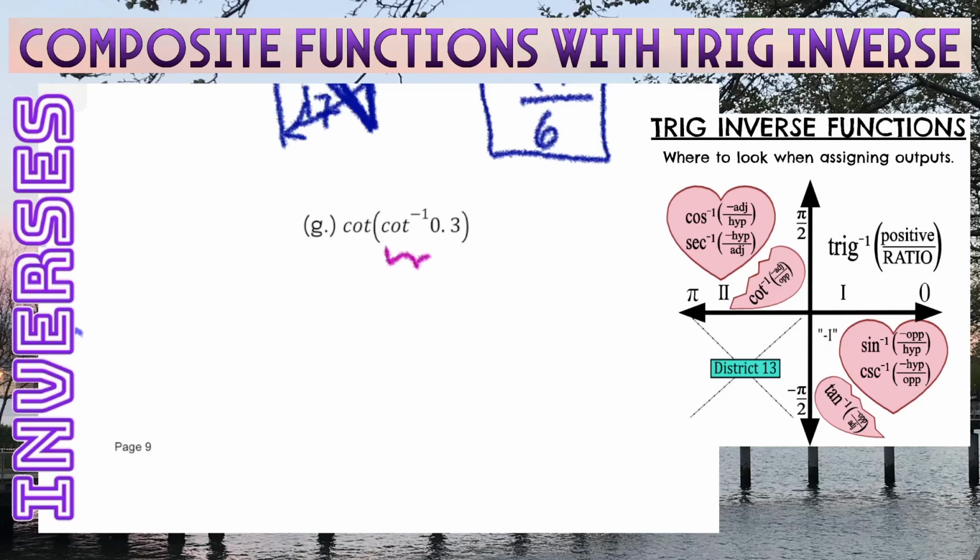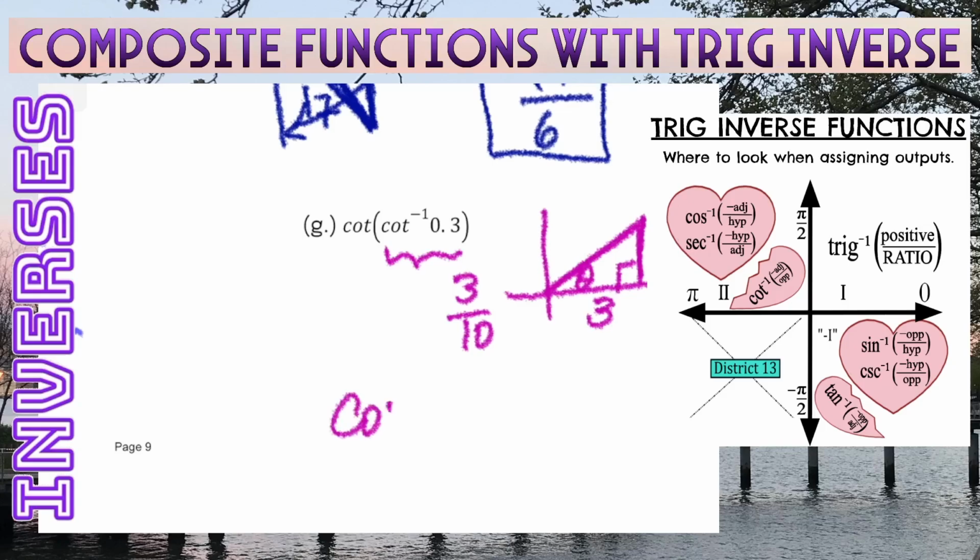And then, last but not least, cotan inverse. Now, with cotan and tan, basically anything goes because there's no hypotenuse involved. So now I have 3/10 positive. Cotan inverse of a positive, I could just go over here to quadrant 1. That means adjacent over opposite is 3 and 10. There's my angle. And if I go to take the cotan of that angle, well, I get,